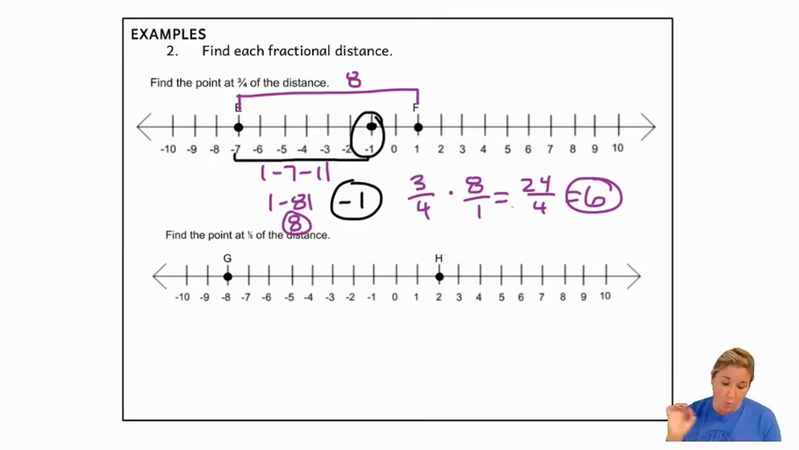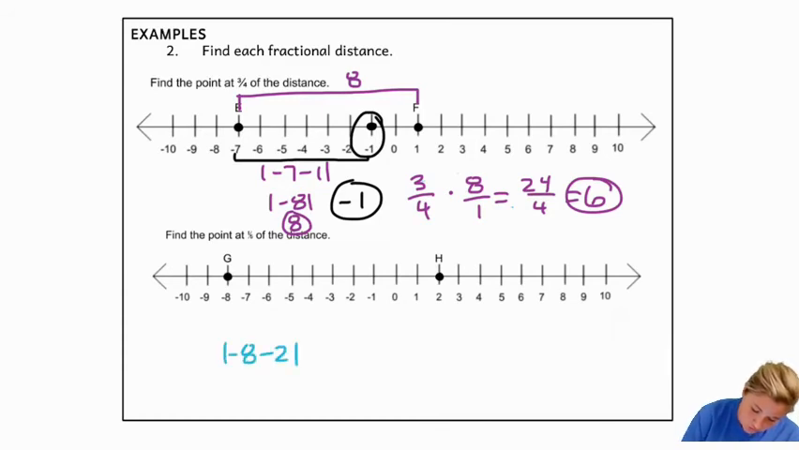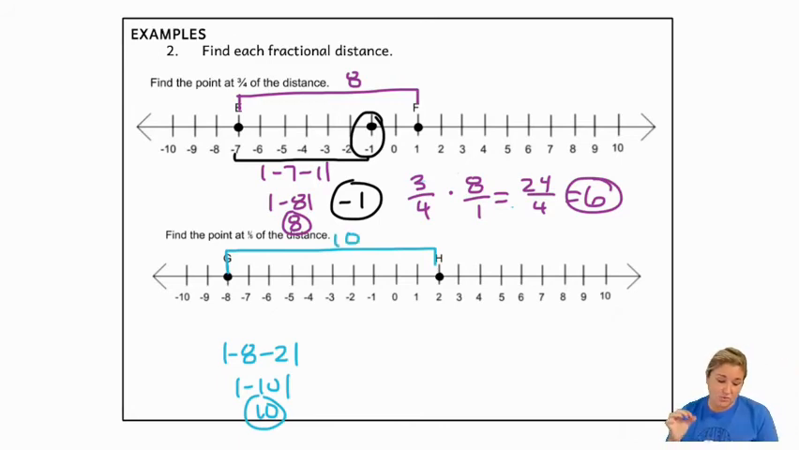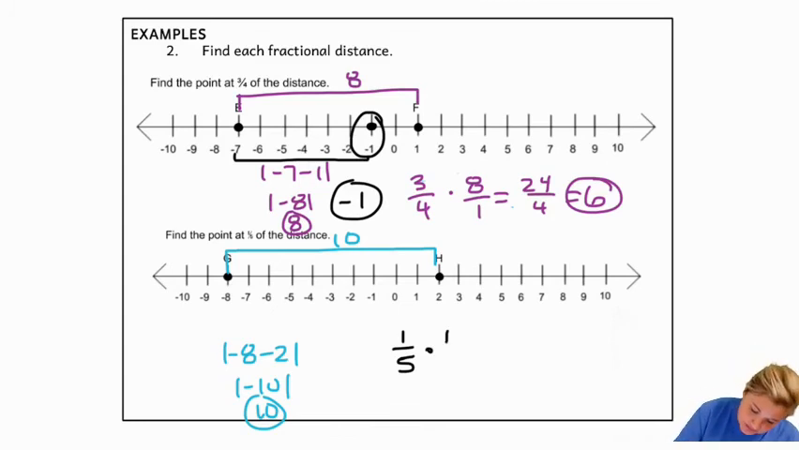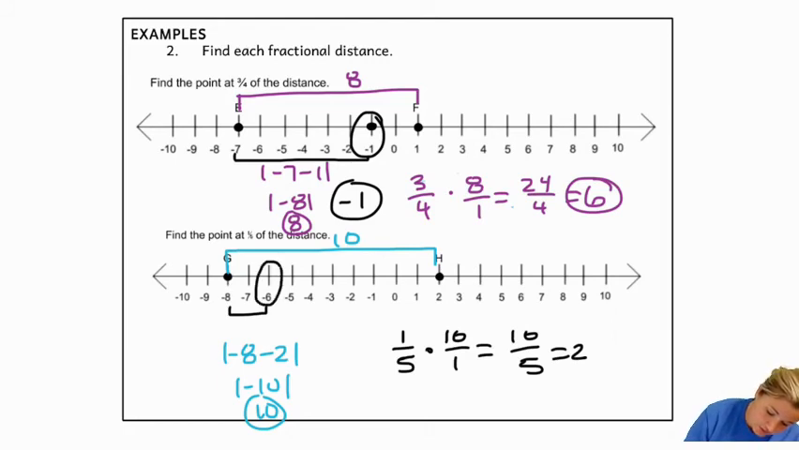Let's look at the next one. We have a 1/5. So that's going to be our fractional distance. So I'm going to take the absolute value. I'm going to find my distance first. So I'm going to say the absolute value of negative 8 minus 2 is the absolute value of negative 10, which is a positive 10. So this distance between here and here is 10. Then I want to find the distance that is 1/5 of that. So therefore, I'm going to say 1/5 times that distance, which is 10 over 1, which is going to be 10 over 5, which is 2. So I'm going to go 2 units this way, and here is my 1/5 of the distance there is going to be at